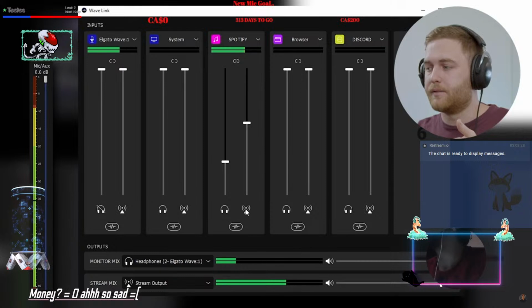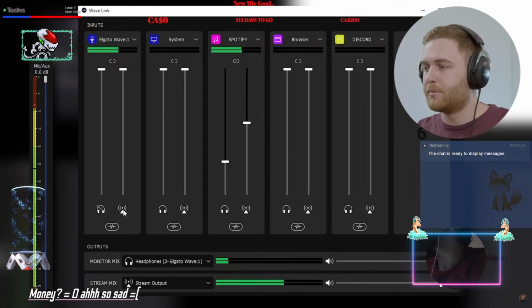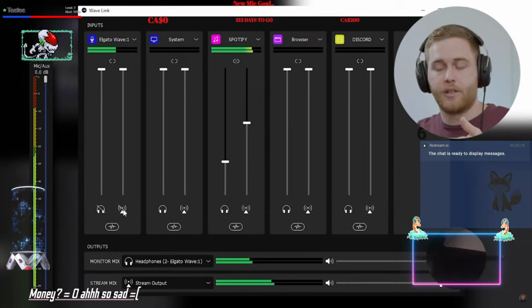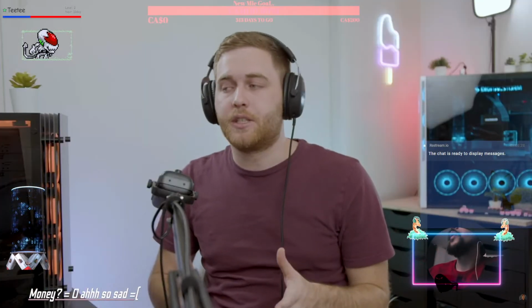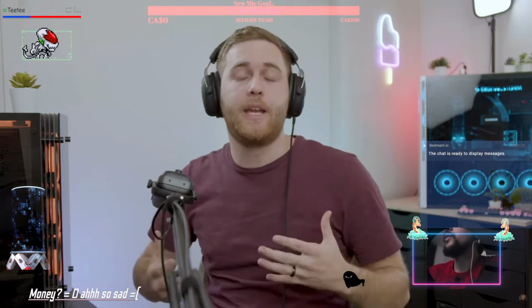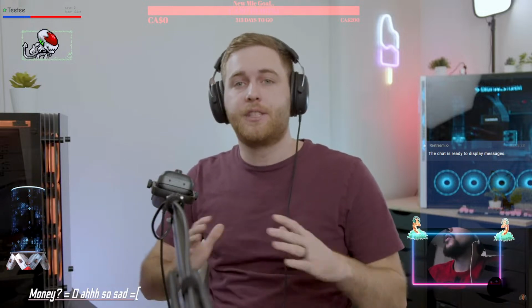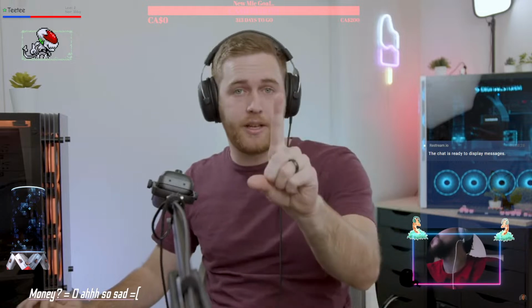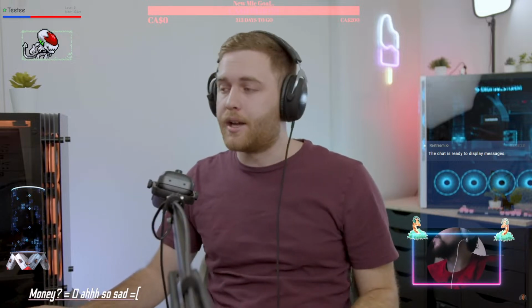In OBS, if I unmute that, music's going to show up. If I mute my microphone to stream, my microphone's not going to show up in OBS, but if I unmute that, now it's going to show up. What you're doing here essentially is turning Wavelink into your main audio mixer. So you're not going to have separate channels in OBS, you're just going to have one audio channel so that you can have your